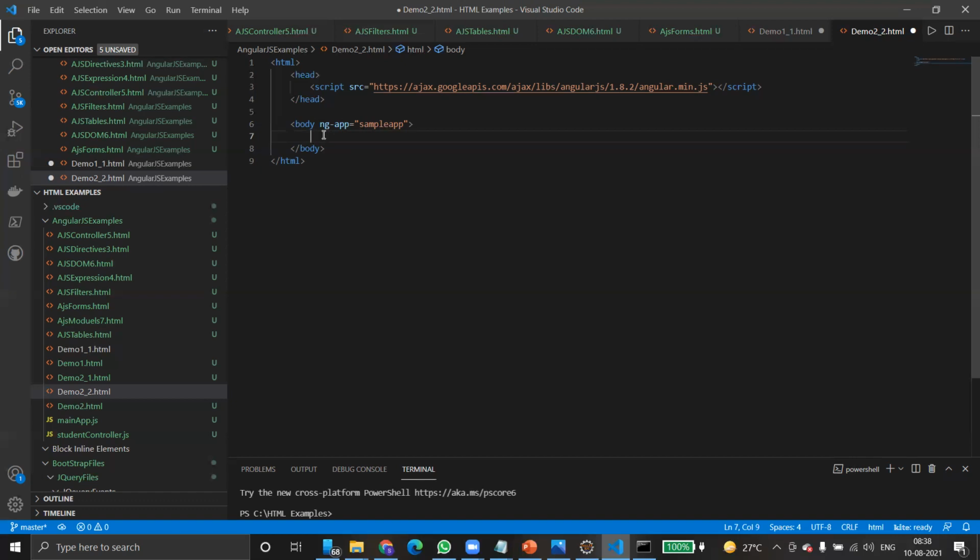Such that we have a div, and we are giving a controller now. ng-controller equals some controller name.